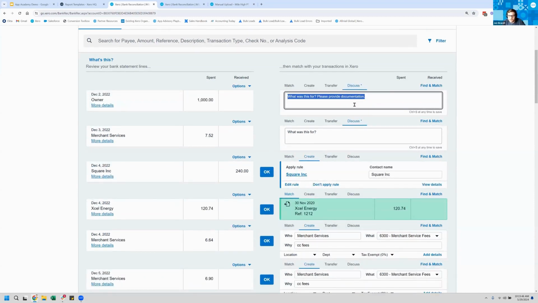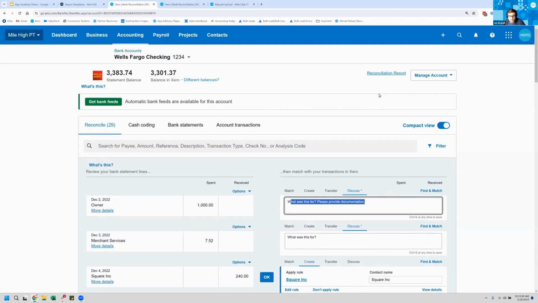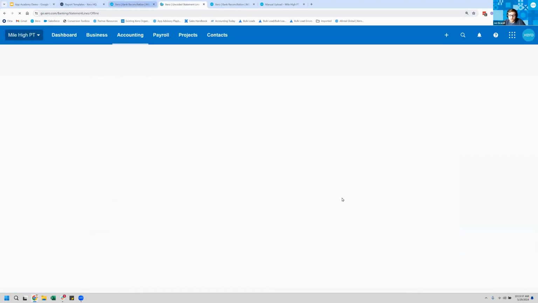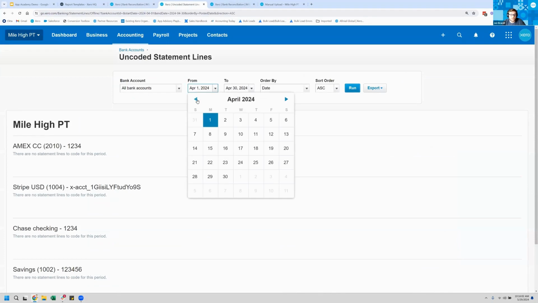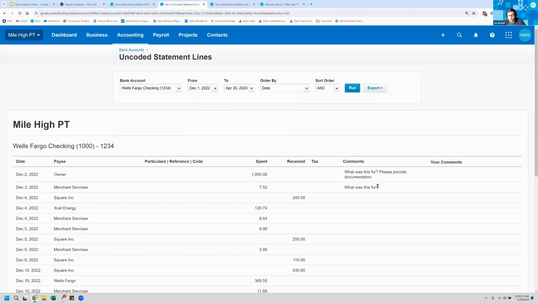The last piece on this page I want to talk about is this Discuss tab. Inevitably, there are going to be questions about where certain transactions might have to go within the file. And that's what this uncoded statement lines allows you to do. So you can put your question within here in real time. Then you can choose the date range that you want to work with. So I'll go back to December, and which bank account you want to run it for, whether it be all or some of them. When I run this report, what it's going to do is pull in all of my comments,